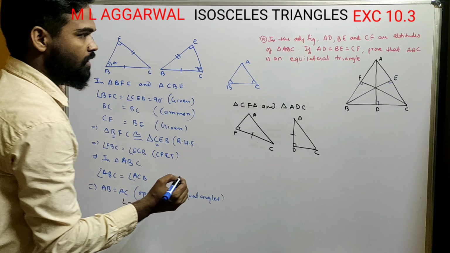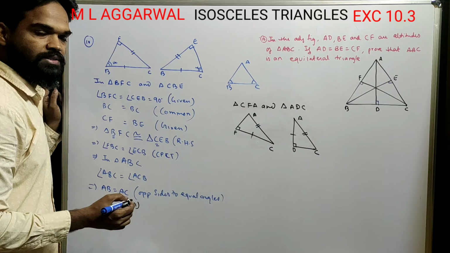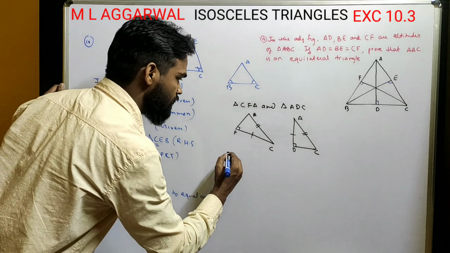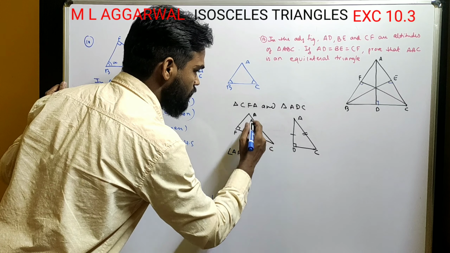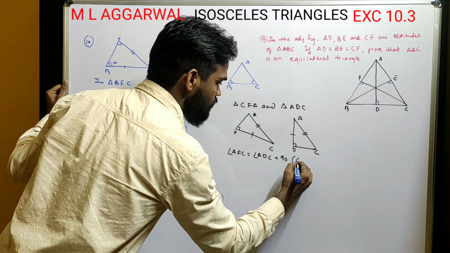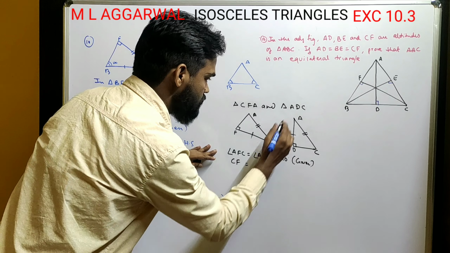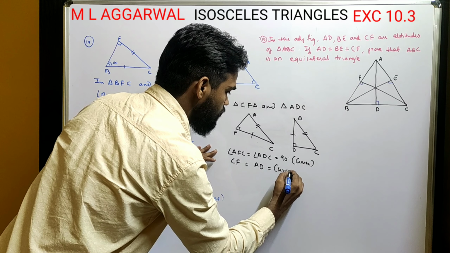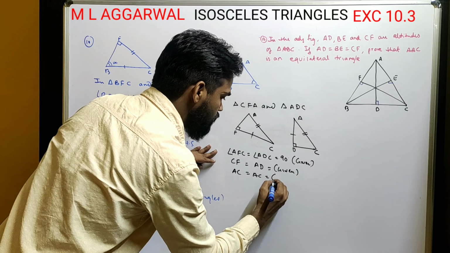And AC is equal to AC, that's common side. So these two triangles will be congruent. RHS, I can say, look carefully, angle AFC is equal to angle ADC is equal to 90 degrees, that's given to us. CF is equal to AD, that is also given to us, and AC is equal to AC, that's common,